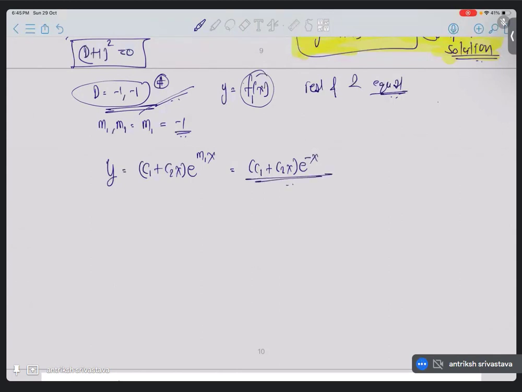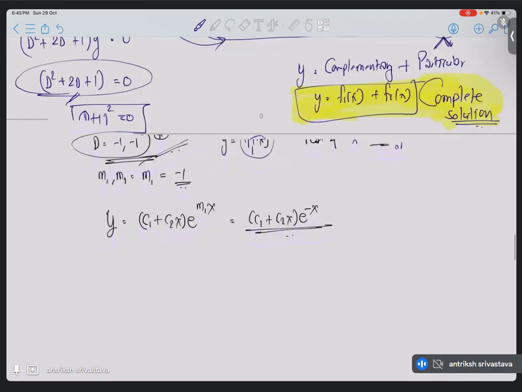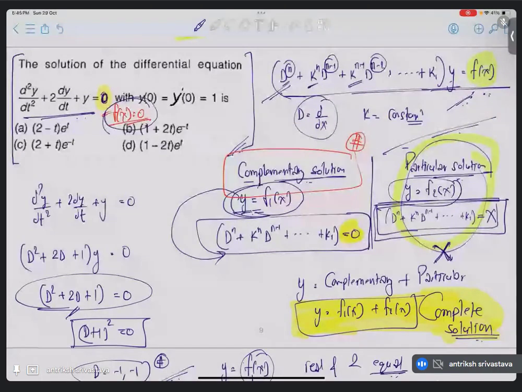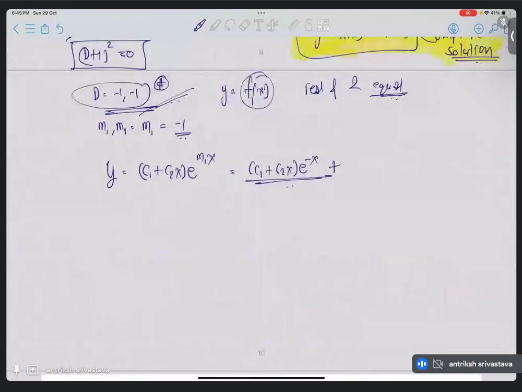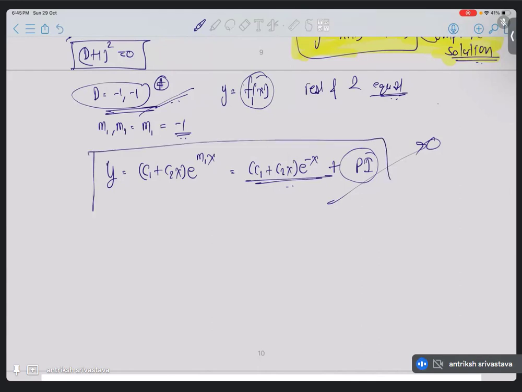Since we have the f of x on the right hand side of the differential equation as 0, we don't need to worry about our particular integral. So particular integral we don't need to worry about. Let's just put it as 0 here. And this is the complete solution here itself, which is the